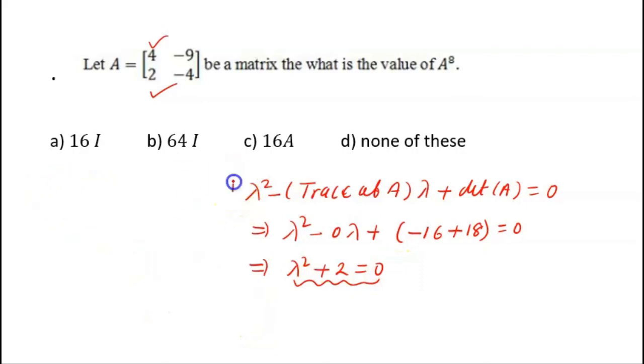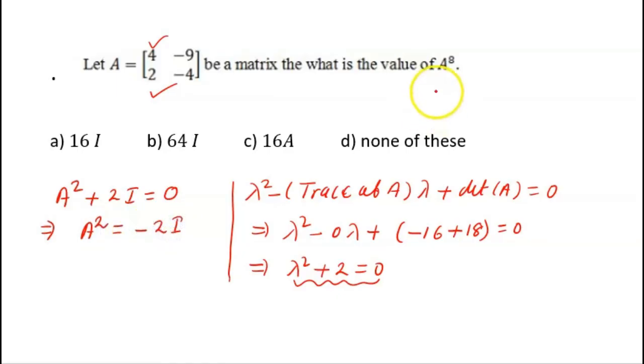So Cayley-Hamilton theorem will tell me what? That A square plus 2I will be equal to the null matrix. Every square matrix satisfies its characteristic equation. So A square is equal to minus 2I. But they are asking me to find the A to the power 8. So A to the power 8 is what? Basically it is A square